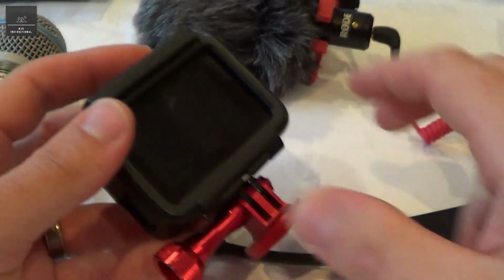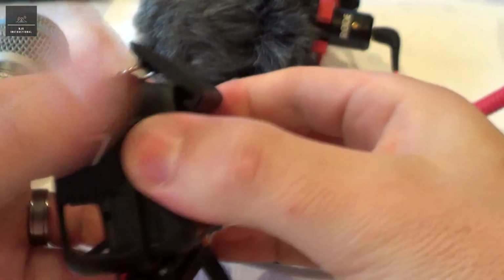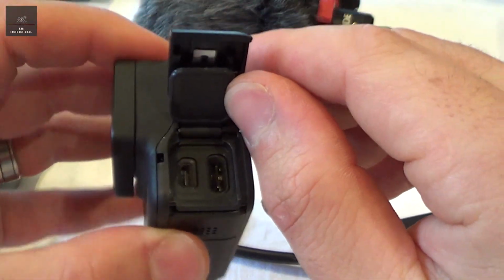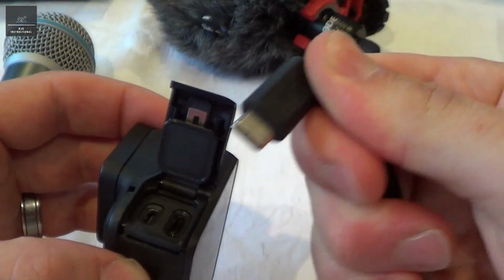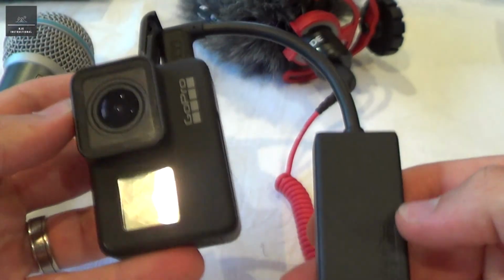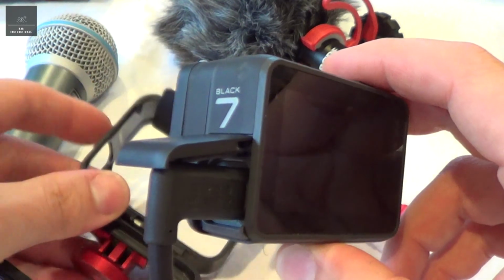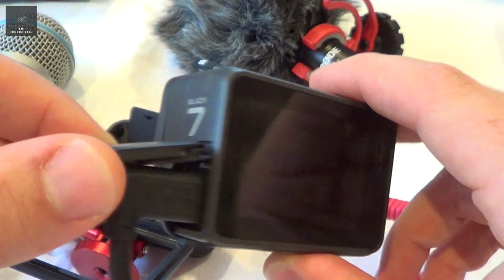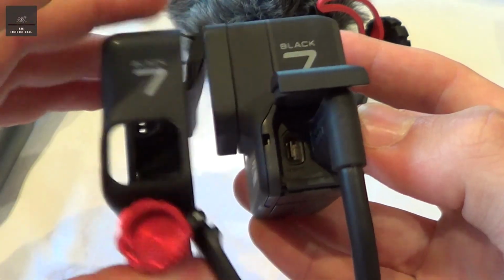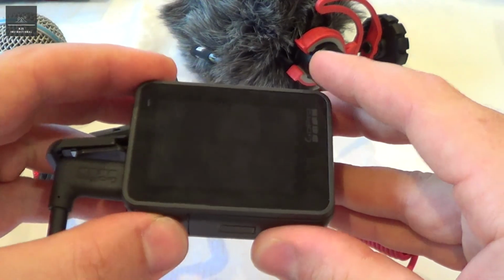Now to connect this adapter, we have to take the GoPro out of its case, like that. And I'll just put that aside, and we have to open this compartment, and we're going to have to connect this USB-C into that USB-C connector like that. Now you can see it is quite bulky, this adapter, and it won't actually work using the original case. But what you have to do is actually remove this flap, and it's designed to do that for this very purpose. And you can see that in the case there's an opening for that. So we'll remove that by simply just pulling it out, and that'll allow us to put the GoPro back in its case and actually use it. So I'm just going to turn it on,